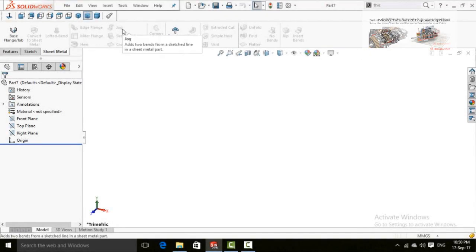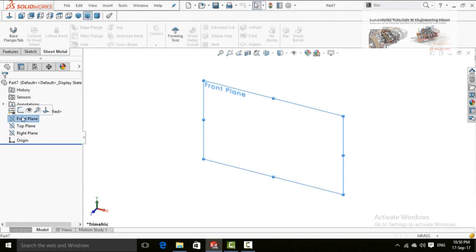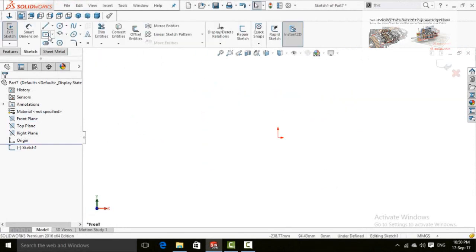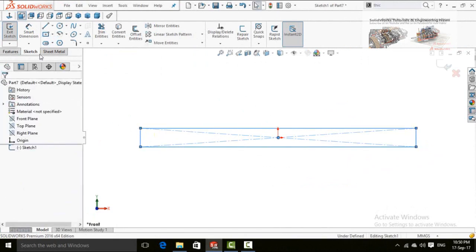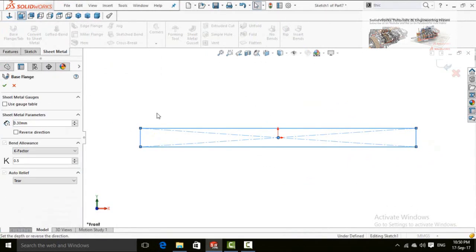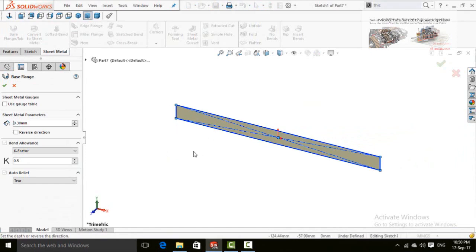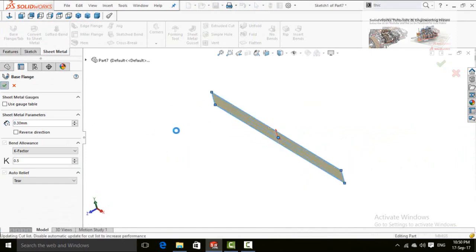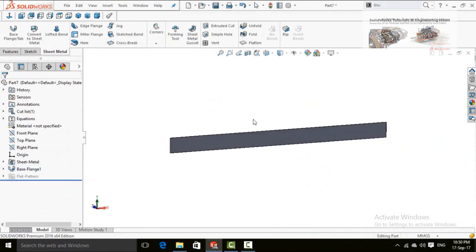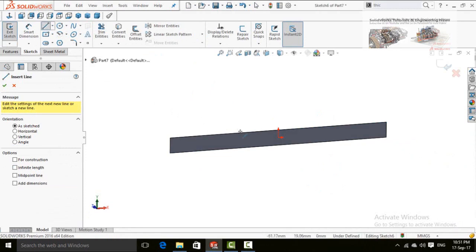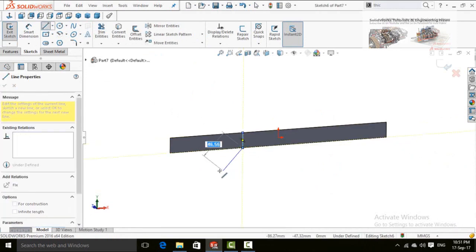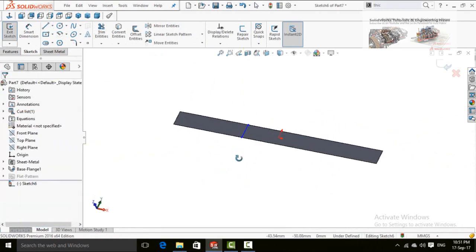After hem, there is a jog command which adds two bends from a sketch line. So for that, let me show you. Sketch on front plane and then draw a rectangle. Now press OK button, and then in sheet metal select base flange command. Extrude it according to your design and then press OK button. Now sketch on this face, draw a line,